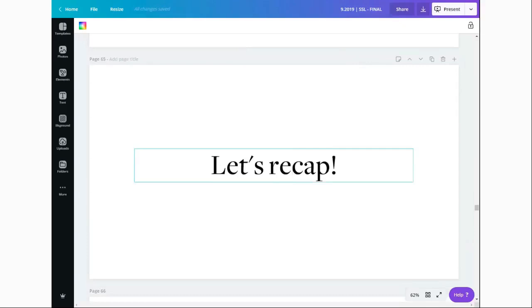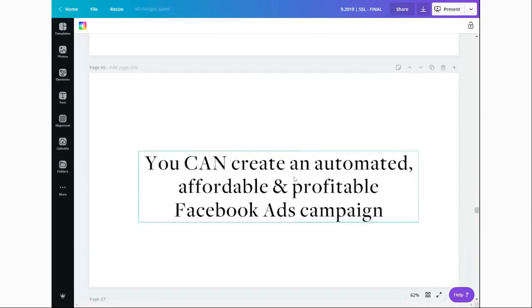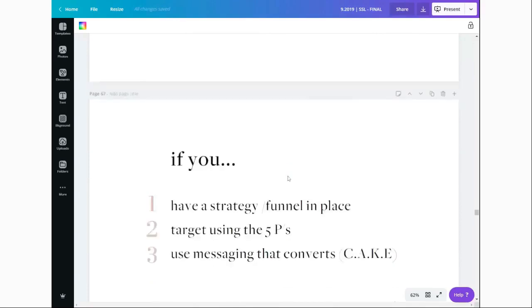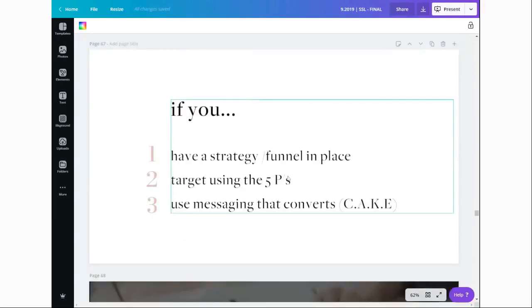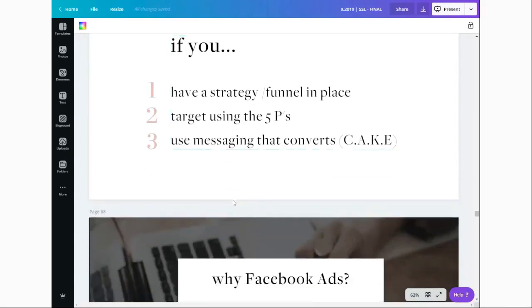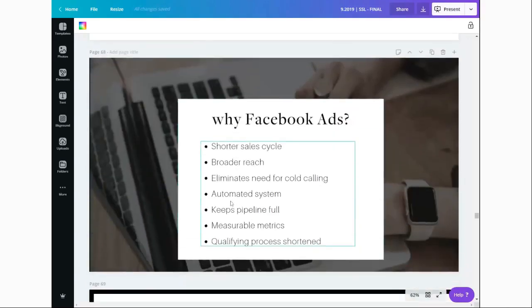All right, let's recap really quick. So you can create an automated, affordable, and profitable Facebook ads campaign. You can, right? If you have a strategy or a funnel in place, if you target using the 5 Ps, okay? And if you use messaging that converts, if you use the CAKE method, you can. Why? Because Facebook ads allows you to have a much shorter sales cycle. It allows you to reach a much broader